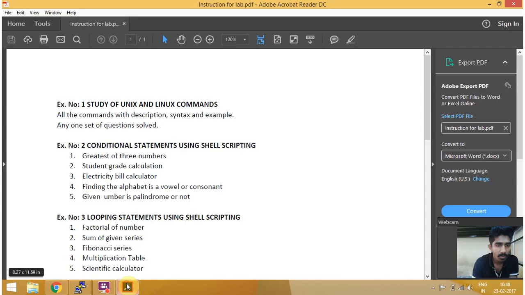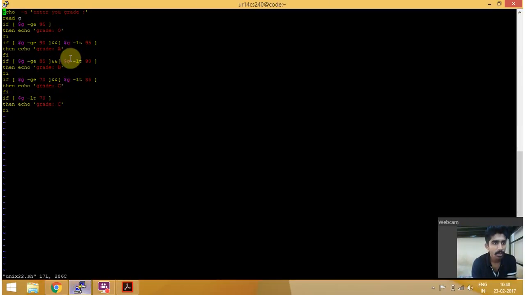The second question was the student grade calculation. In my program, first I should enter a grade. We can give any value, and this value will be stored in G, where read G means reading the value which we are giving. If the grade is greater than 95, then it will print grade O. Similarly, if the grade is greater than 90 and less than 95, then it will print